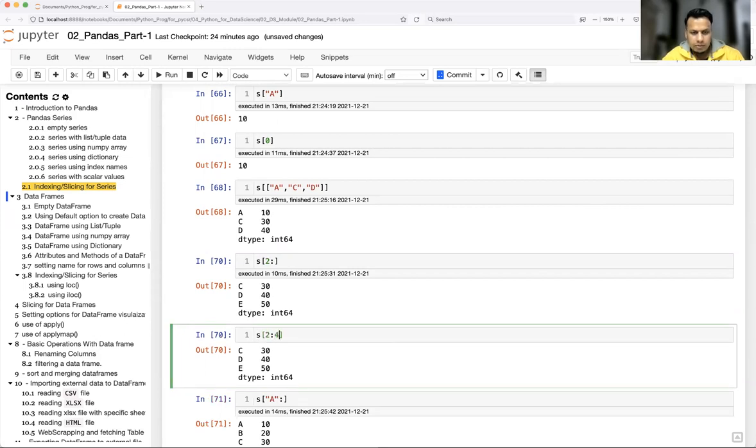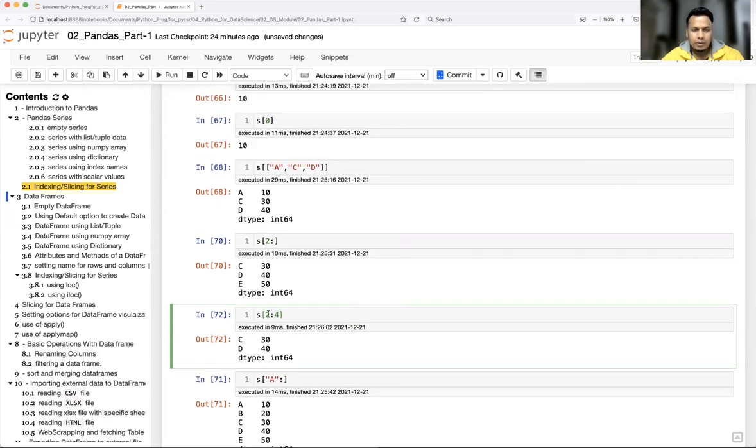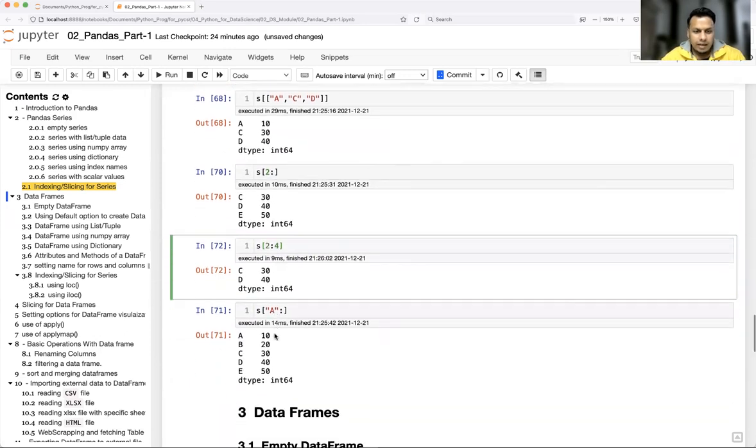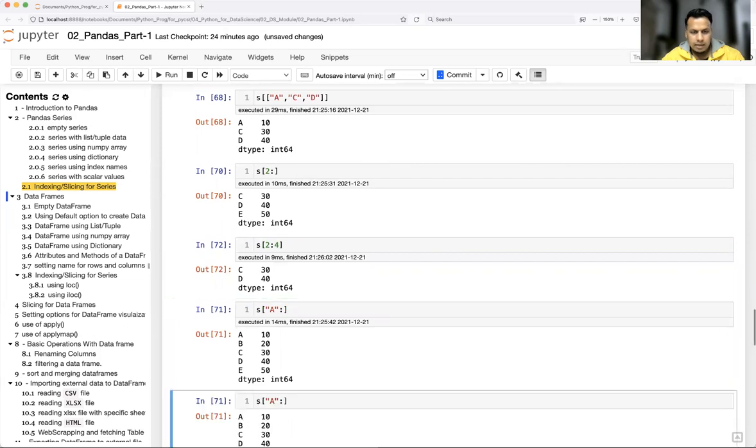Let's say 2, 3, and 4. If you remember the rule of indexing in lists in Python, the end index will always be excluded, right? So see here, only 2 and 3 are getting printed, that is C and D, but not 4. Correct? So 0, 1, 2, 3. Now in this case, I can mention A to D.